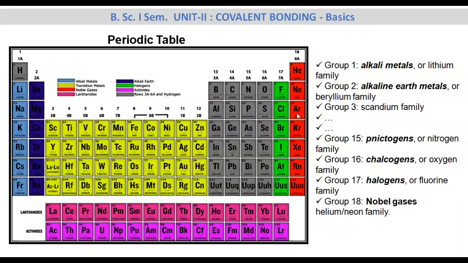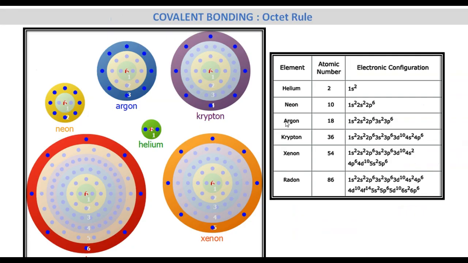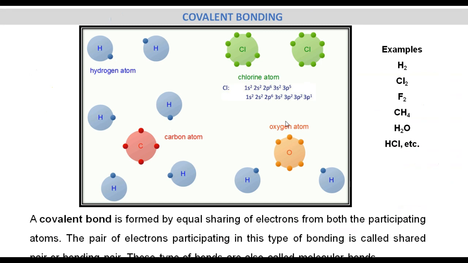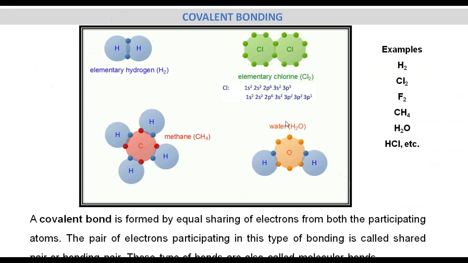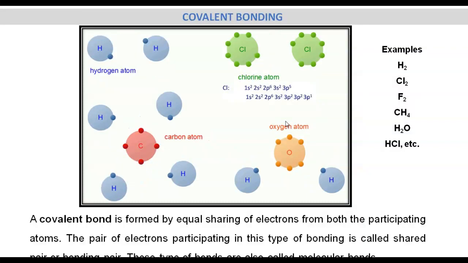This losing and gaining of electrons leads to some interaction between the elements, or maybe the sharing of electrons with the same group elements. So there comes the interaction between the elements present in the periodic table. There comes covalent bonding, that is the actual sharing of electrons between the atoms, to achieve